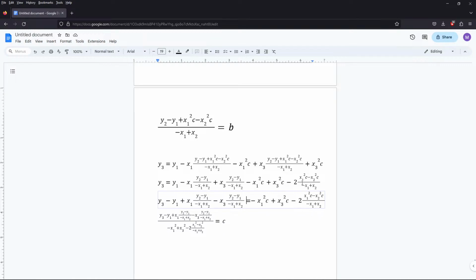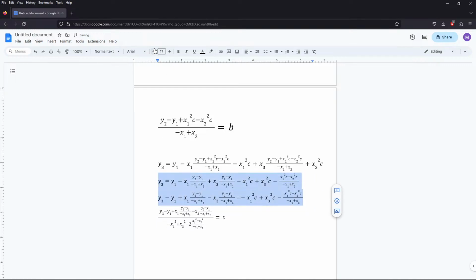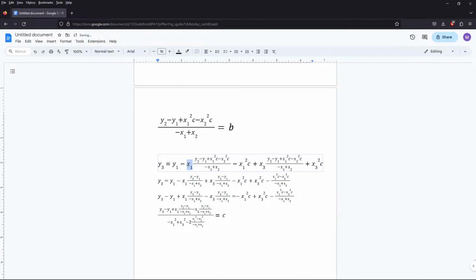Wait, is the 2 really accurate? Minus 2. No, it is not. Also, they should be multiplied by x1. So it isn't 2. It is way worse than that. Actually, it's minus x1 times this